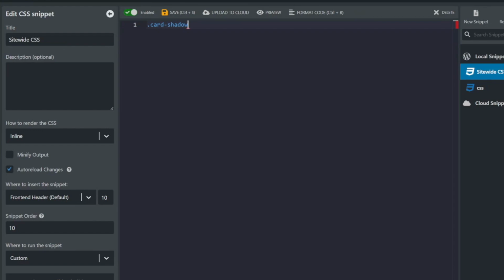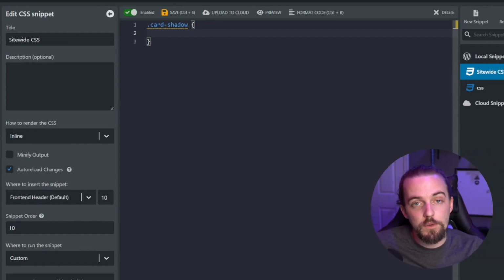So you don't actually have to add a space here, but I would really encourage you to get in the habit of making this look clean and be far more readable. So what I'm going to do is add in a space, and then I'm going to add an opening curly bracket. Now in WP Codebox, it automatically adds the closing bracket, which is super handy. So all I'm going to do is just simply press enter, starts us a new line, and it pushes that curly bracket down for us. So this is how I would encourage you to write your CSS rules to keep them really clean and easy